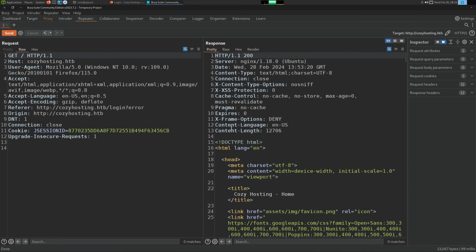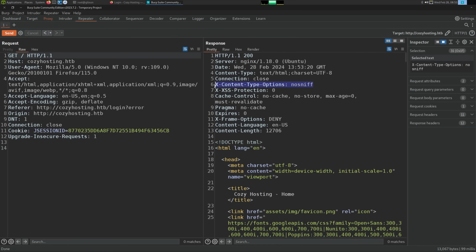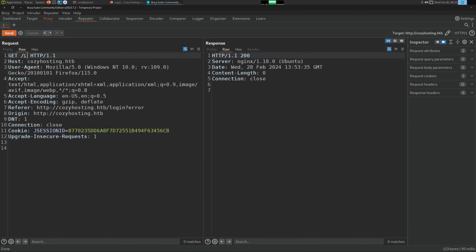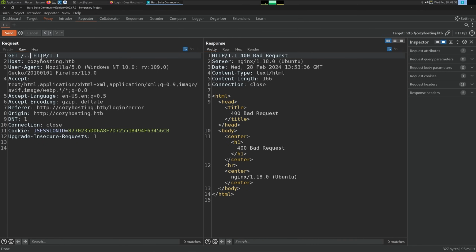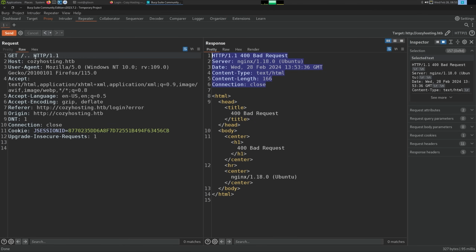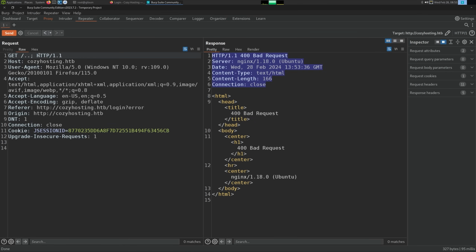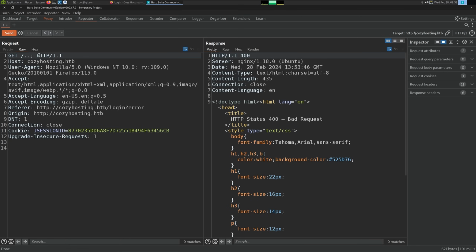There's 13. So normally when it passes to a different middleware, that may add some type of header. You normally see it like X-Powered-By, but normally nginx just won't send out this X content type. So we can further test it with like ..; and right here, we're seeing nginx is just saying this is a bad request right away. If I add a semicolon here, now we hit the Tomcat server, but because we're at /, there's no chance